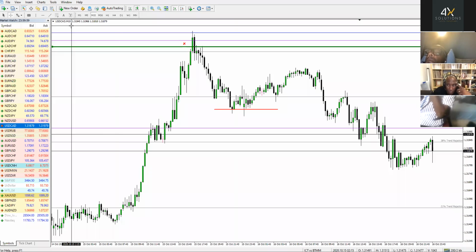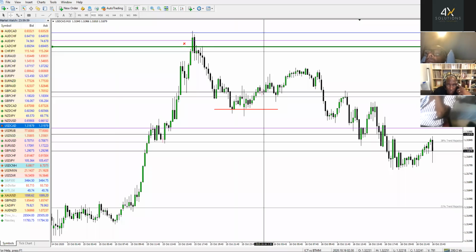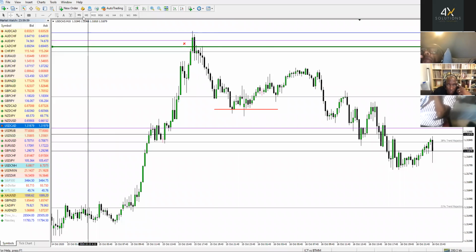Okay, so now because we have a higher time frame markup, we can pull another fibs on a lower time frame. But the difference here is that we are not pulling it from body to body. We are pulling it from the IPL, the institutional price level of 500, where price was rejected from. So where did price reject from here? The 500 IPL. So it's a sell. So I'll pull a bearish fibs here